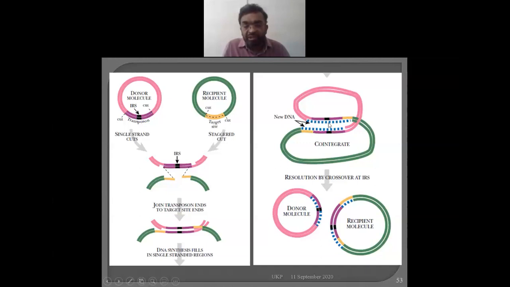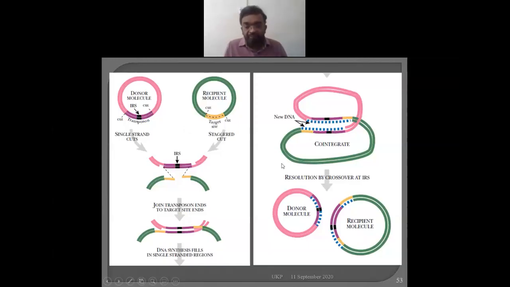The gap is much longer, covering the exact transposable element, and with that, while filling, this new strand is nothing but an exact copy of the transposable element. Hence here another copy of the transposable element is synthesized, and here a copy is synthesized. Such a molecule is referred to as a co-integrate. Why? Because now both are connected to each other, hence co-integrate, integration with their cooperation. And now they are going to be cut, once they have exchanged this.